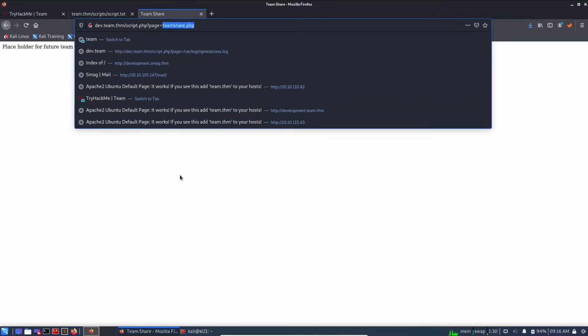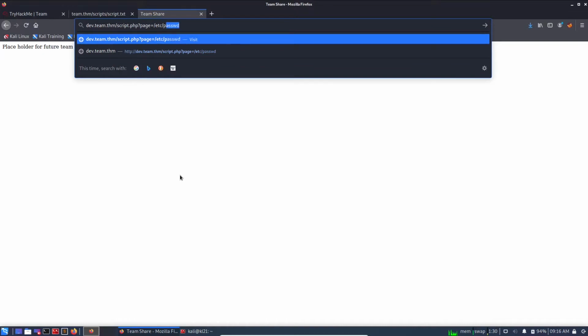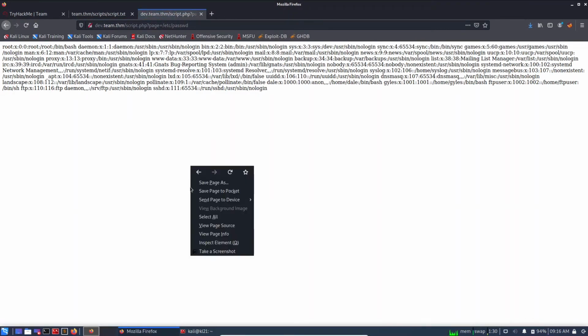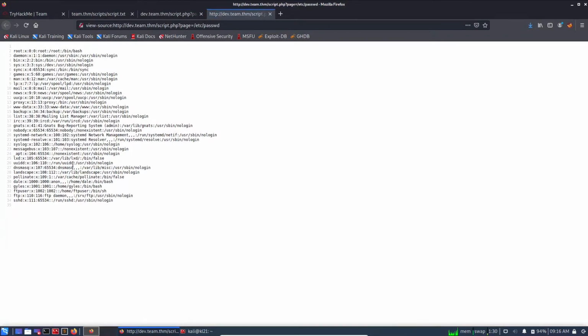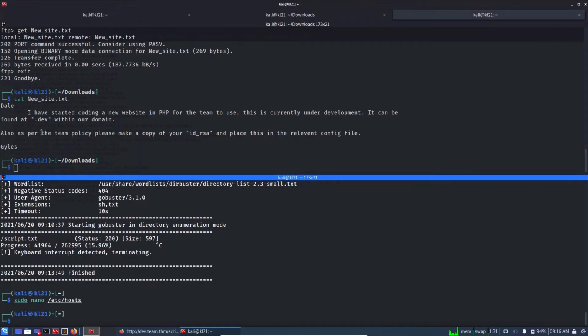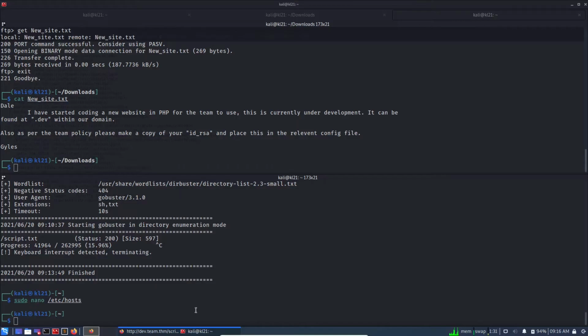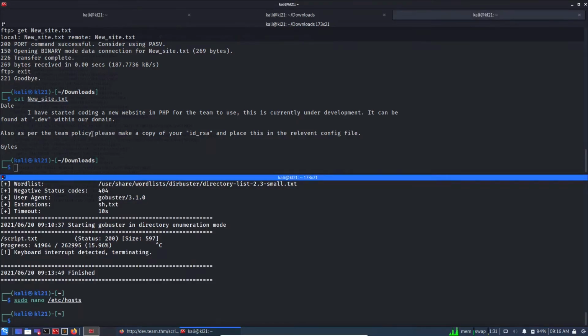So let's try if we can access the /etc/passwd file. Yes, we can. And we can see there are users with home directories: FTP user, Gales and Dale. So we know these two users exist from the notes.newsite.txt file. Basically we can access all the files on this server, and now we need to find out this thing,